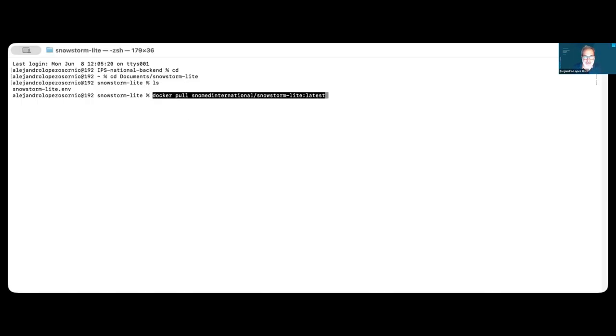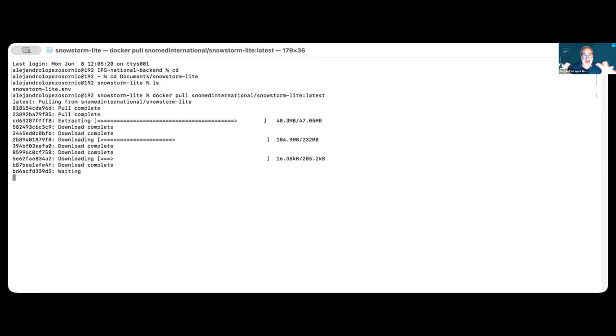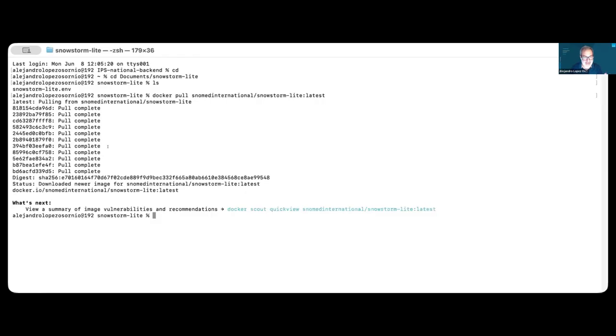So if I do this Docker pull, this automatically makes the computer go and retrieve the latest version of SNOMED from GitHub, from everywhere it's deployed. So that's ready. We have the image of SNOMED now in my computer.